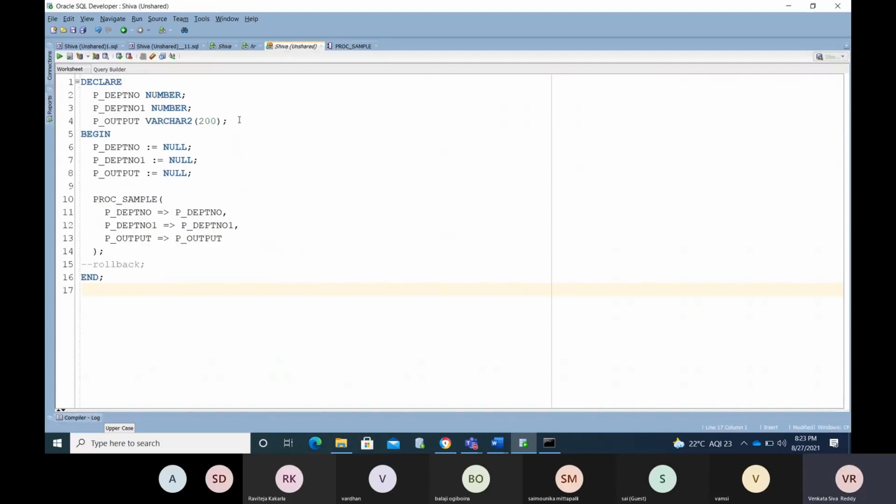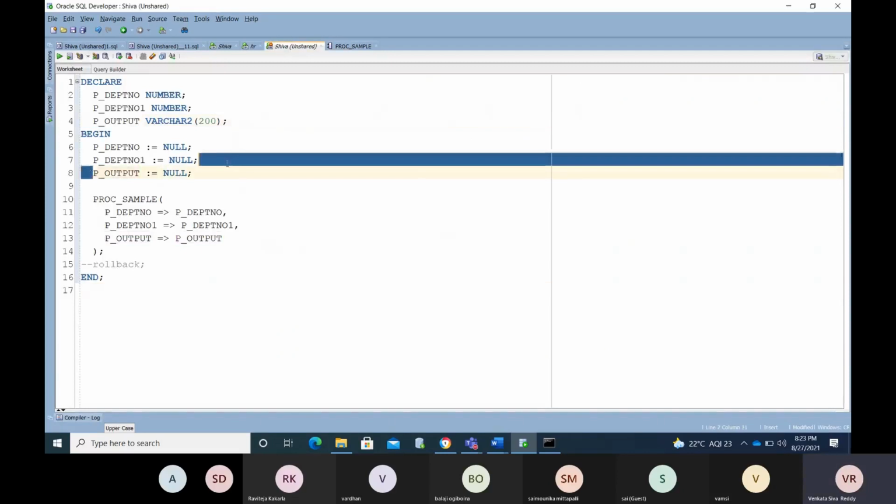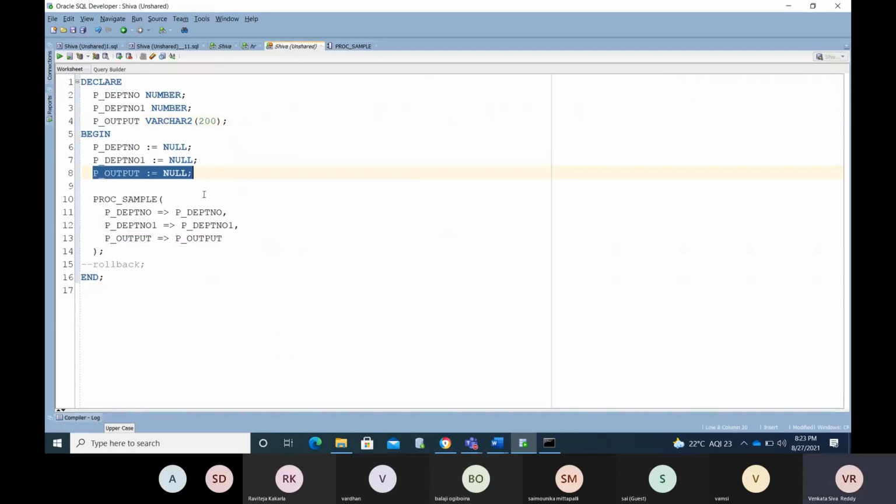It is declaring an output parameter here, VARCHAR2(200). You are using this output variable in this place. You don't have any value here, so you are passing this to the P_OUTPUT this way.